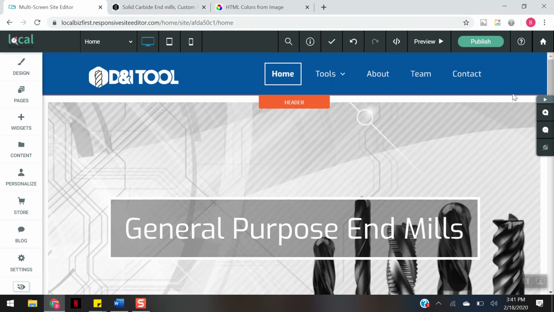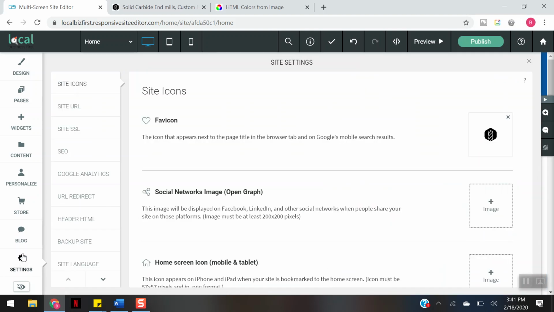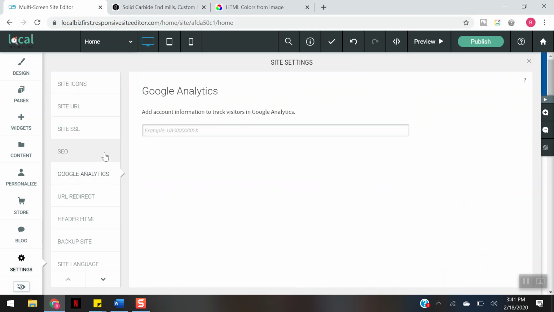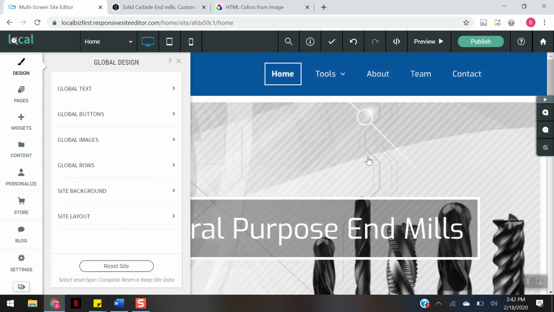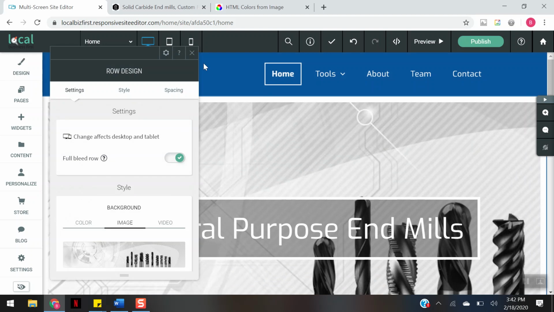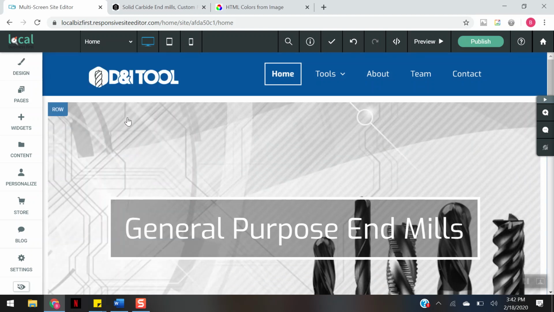The really great thing, though, is that after you publish, you can definitely still go back in to this window here and still edit, especially when we're talking about SEO and Google Analytics. As I said before, these things are constantly changing, so it's good to know that you can always go back and keep things updated as the online tools are changing. You can also go in and change design, tweak things, add new pages if you have new products. So that's all available within our platform.